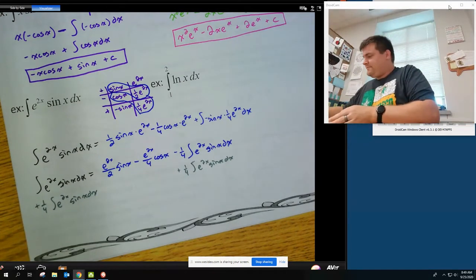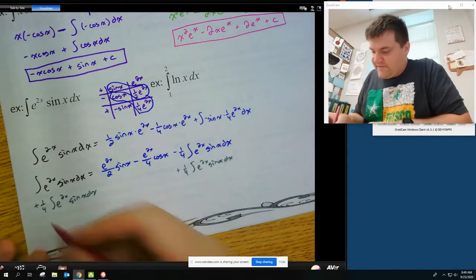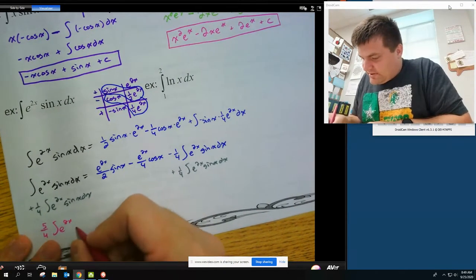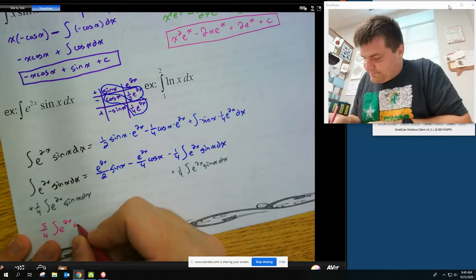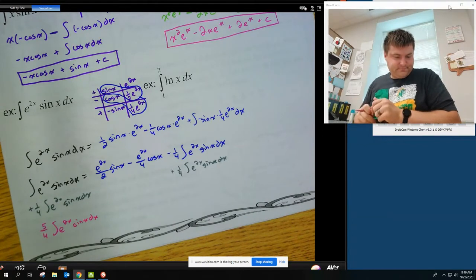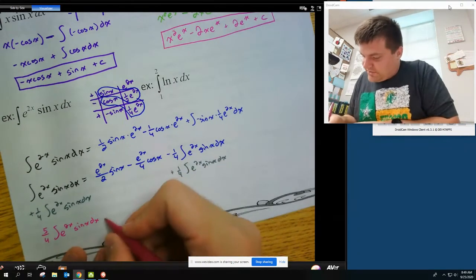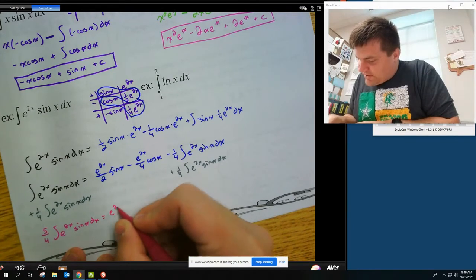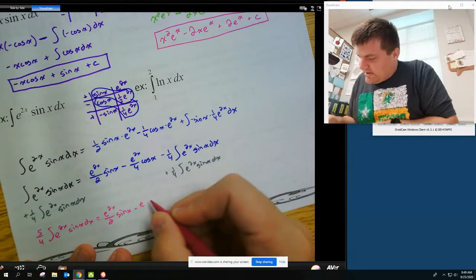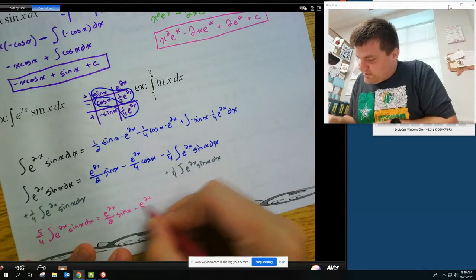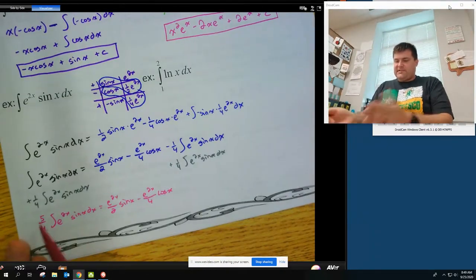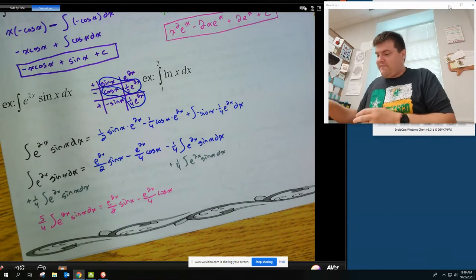And that's going to give me 5/4 e to the 2x sine of x dx. I'm just trying to see how I wrote it before. e to the 2x over 2 sine of x minus e to the 2x over 4 cosine of x. And now all we're going to do is just divide both sides by 5/4, and we'll get our final answer